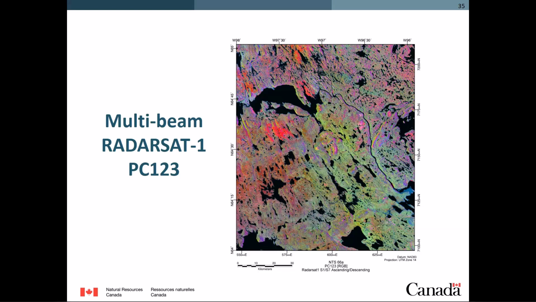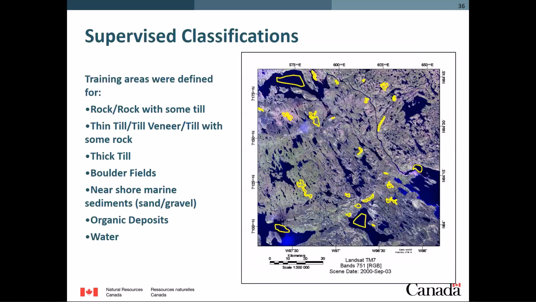Anyways, this is where we put component 1, 2, and 3 through red, green, and blue, and we can start to see all sorts of separation here, with thicker till in here, boulder field, outcrop up here. So that's a striking image for a Quaternary geologist to interpret. But we wanted to try machine learning